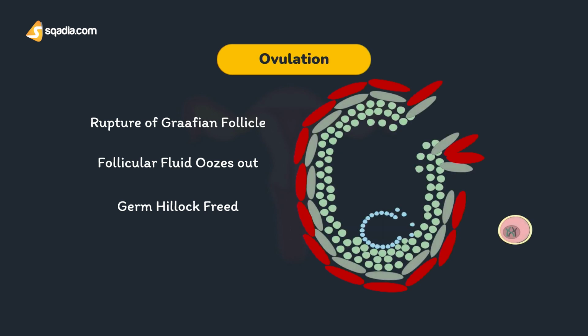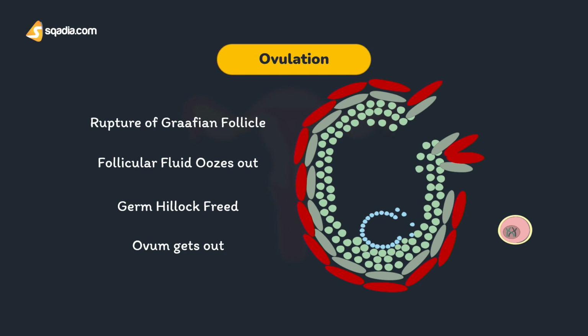It's going to go out of it. It's going to go to the abdominal cavity along with some amount of fluid and granulosa cells as well. From that abdominal cavity, the ovum enters the fallopian tube through the fimbriated ends. The ovum is going to get attached towards the fallopian tube where it waits for